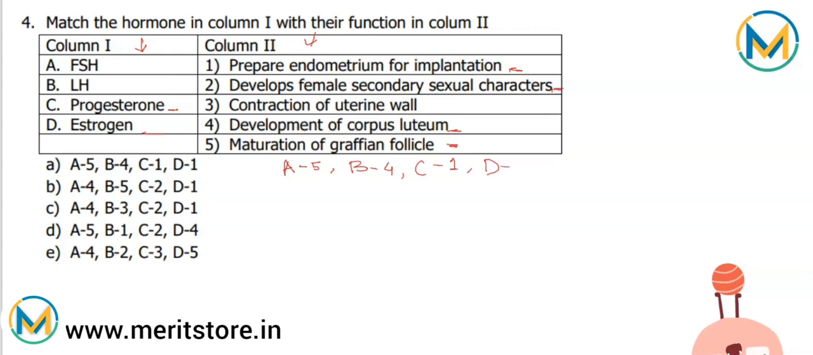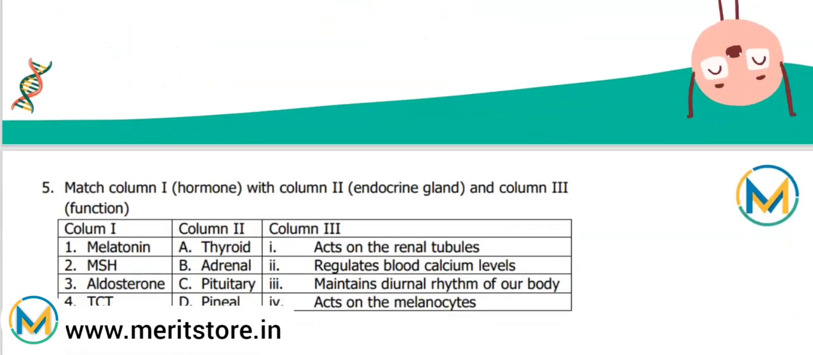So it's point 2. Now looking at the option A5, it's there in option A and D. Then B4, it's there in option A only. Then C1 and D1. So the correct answer among the given options is option A. And the last question,